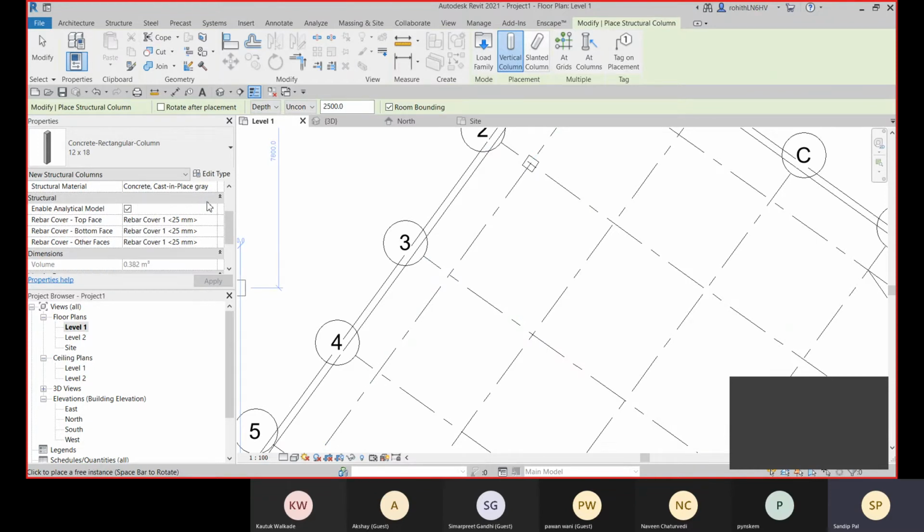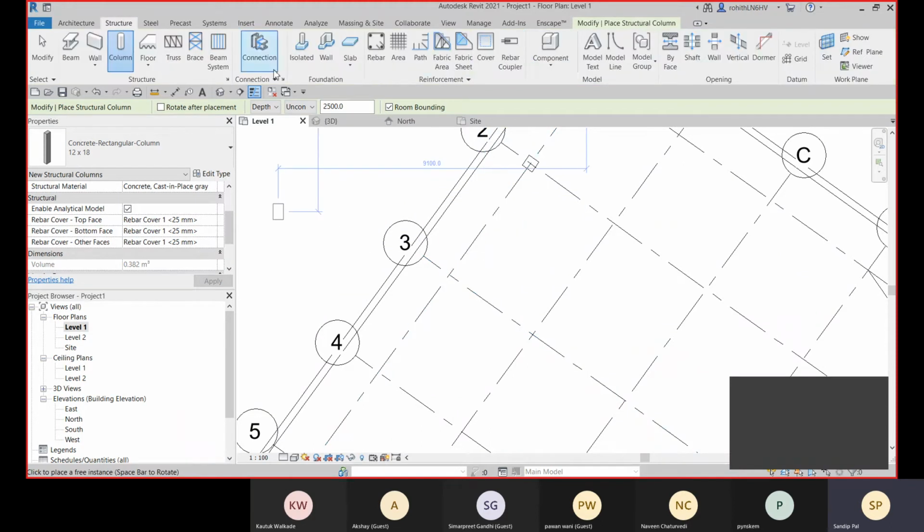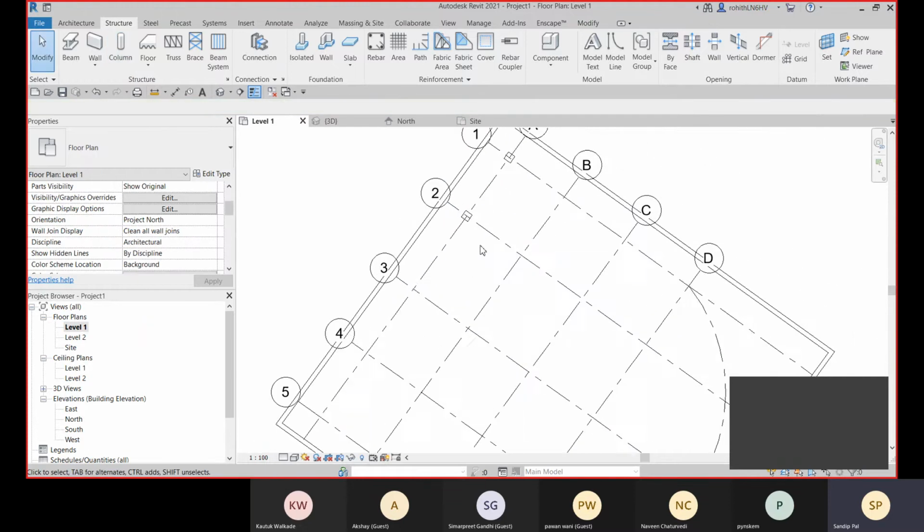So for that we have this section we can add. Okay, we can make some changes. So here no reinforcement is added. Within this we have this reinforcement, so we can add after placing it. If I'm using the structural column, then I am allowed to add this reinforcement, otherwise I cannot add. Okay,